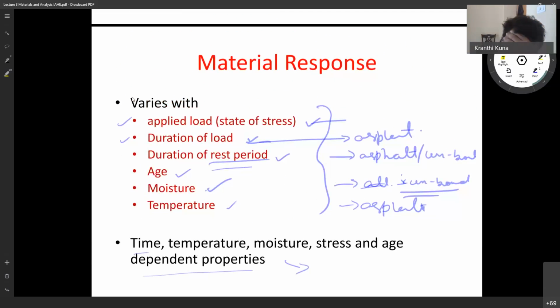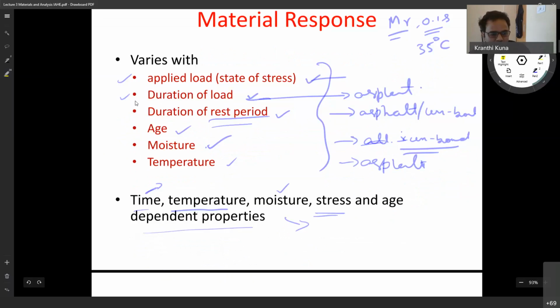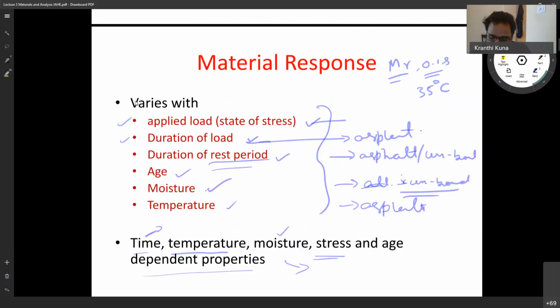Say for example, resilient modulus of an asphalt. Okay, time is specified, loading time. The loading time of 0.1 seconds is specified in the ASTM standard, that is recommended. And also at what temperature, 35 degrees, is specified by IRC. Okay, so for example, if you are finding out the CBR, okay, at what moisture content you have to determine is specified. For resilient modulus of an asphalt layer, at what stress level you have to test the sample is specified. Okay, all these are usually specified in the standard, because carrying out the test